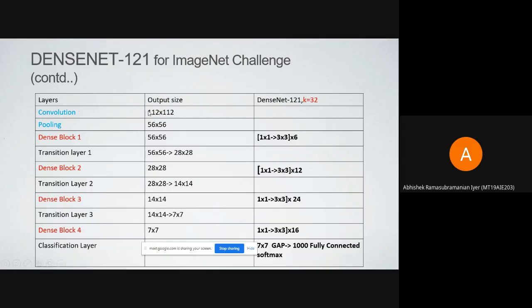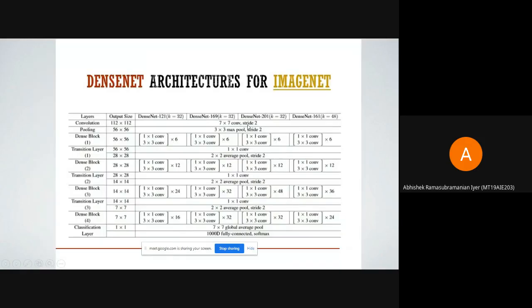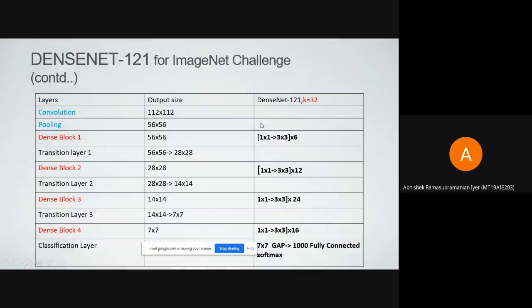So earlier, initially with the image, we did a convolution on a 224 cross 224. We can see here that it was a 7 cross 7 convolution with a stride of 2, and hence we get 112 cross 112, followed by max pool, which has reduced the feature maps to half on both the height and the width. And essentially, as we said earlier, there were 4 dense blocks,